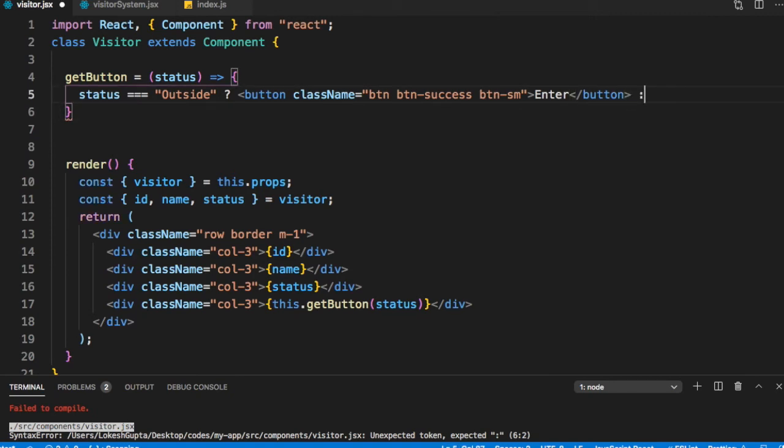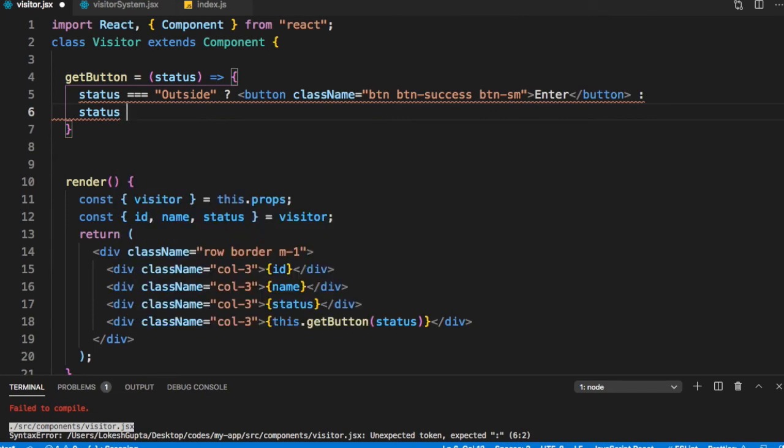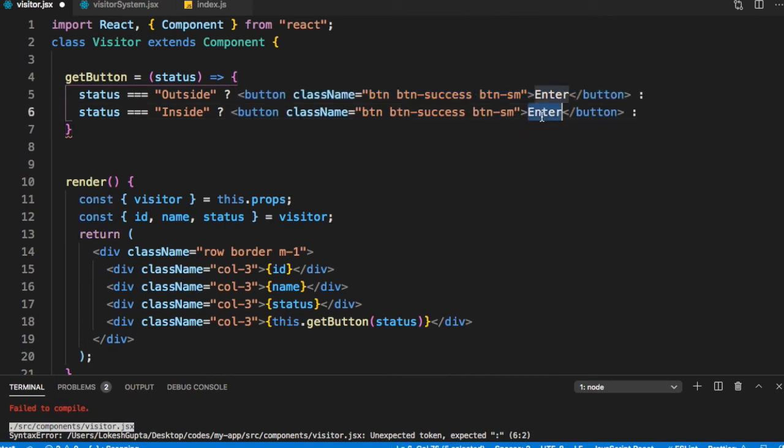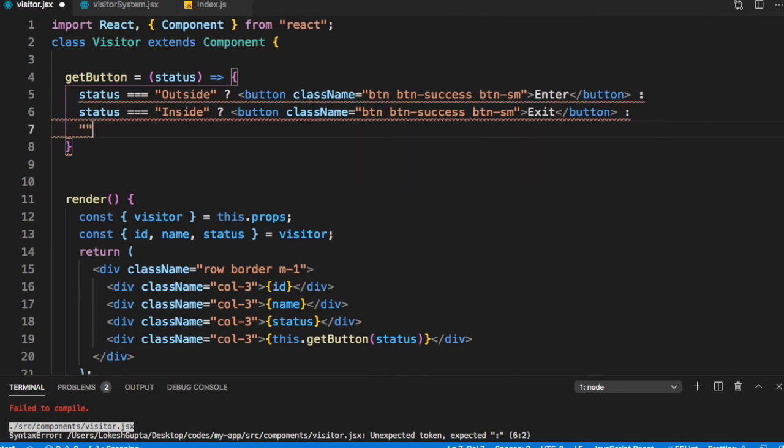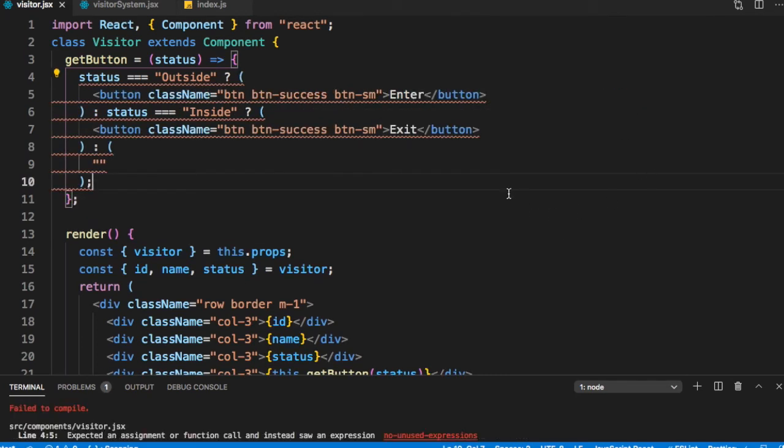Otherwise, what do we need to show? Status is equal to inside. Then we need to show a similar button with, let's call it say exit. Otherwise, we don't want to show anything.